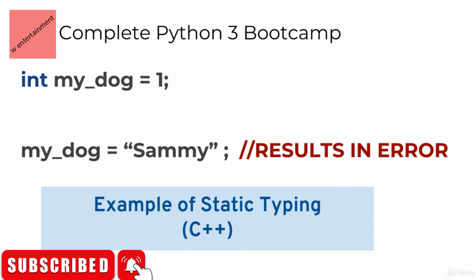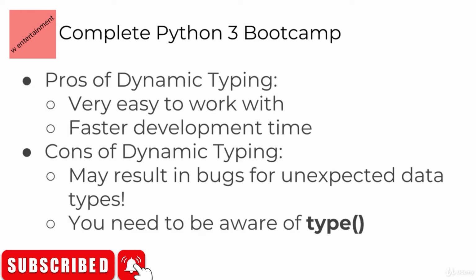So there are some pros and cons to dynamic typing in Python. The pros is that not having to write out the actual data type saves you a lot of time and makes it really easy to quickly produce Python code. And it also makes your code very readable because you're just reading that variable name. Now, this is kind of a double-edged sword here because the cons is that this may result in bugs for